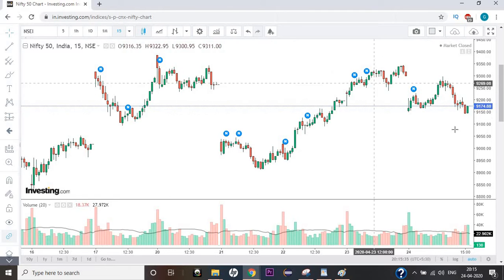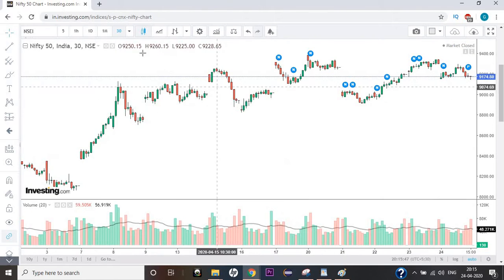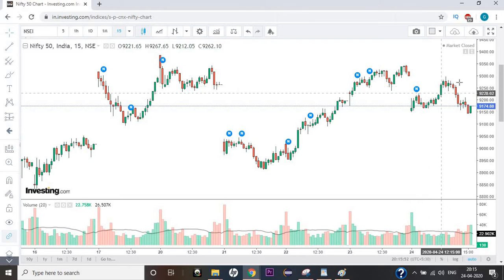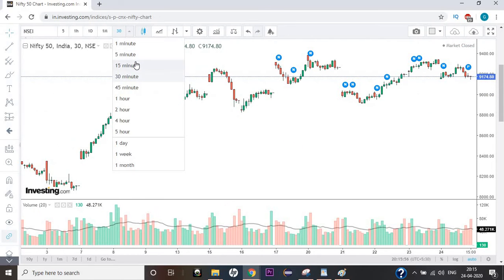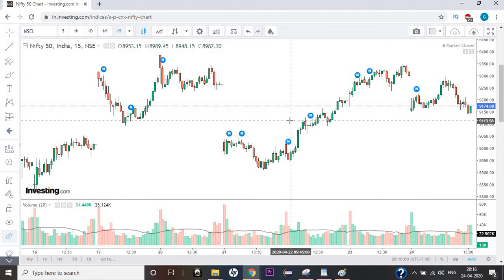So this is for intraday traders. I use this when I do intraday trading. I use 30 minutes as well. Once I draw the resistance and support lines, and once I do my analysis to validate that, I go for 30 minutes charting. However, I come back to 15 minutes to analyze what the trend is. Okay, so 30 minutes I use for validation if I have any support or resistance line, and 15 minutes is for my intraday trades. So guys, if you don't understand this term, don't worry, I'll explain the support and resistance to you in the subsequent videos.